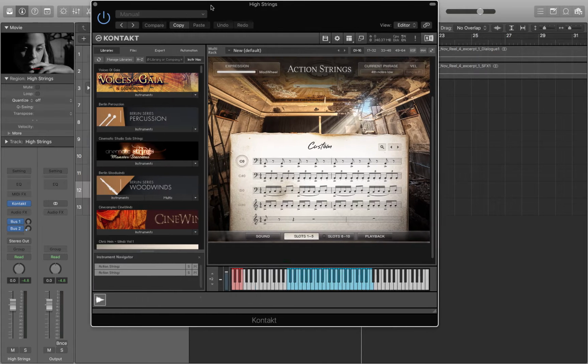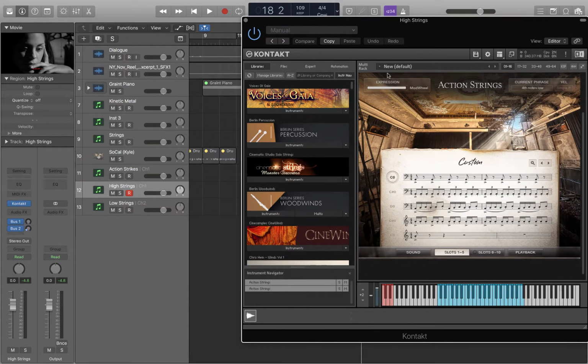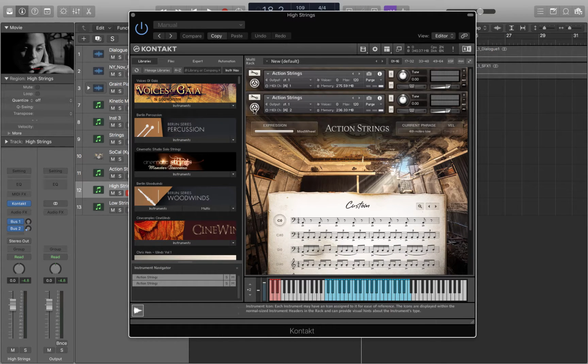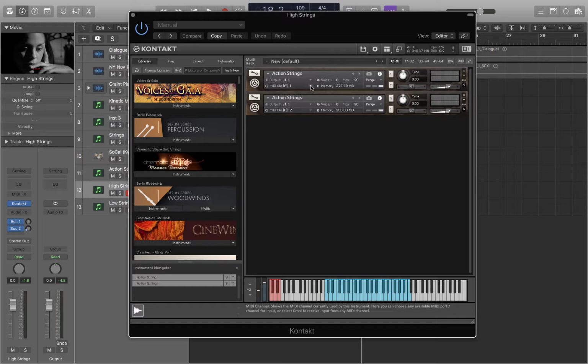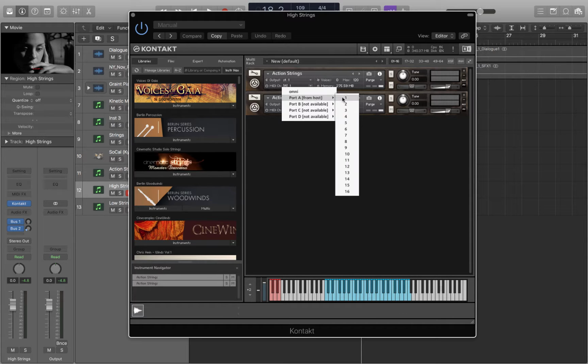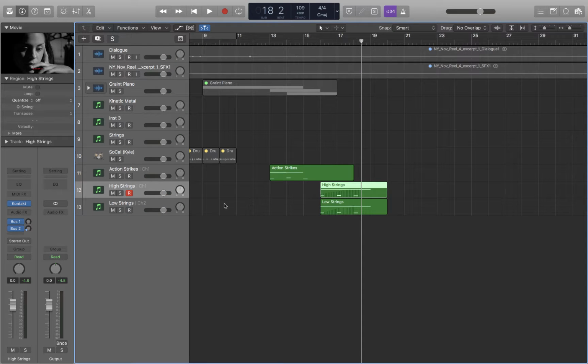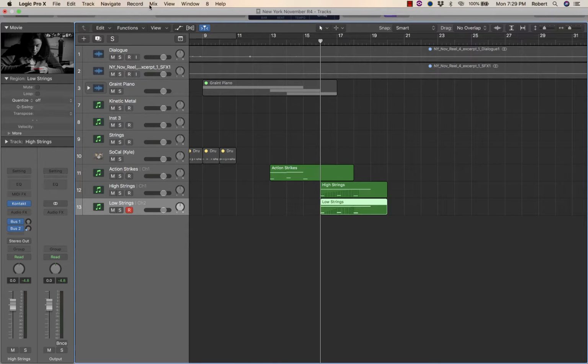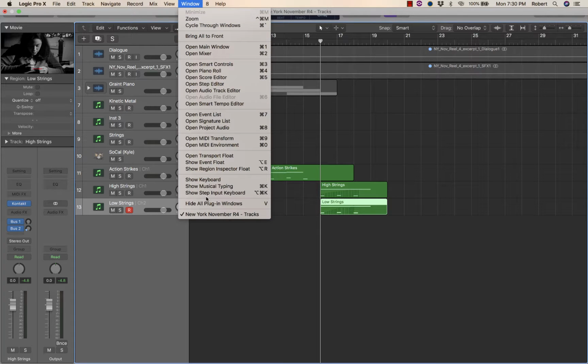Close that. Then each one is on a separate MIDI channel, like I had mentioned before. So make sure that that is selected before you start creating anything. Then I initially played back low strings. And as I'd mentioned, you can play back from the keyboard, or you can input directly from the keyboard within